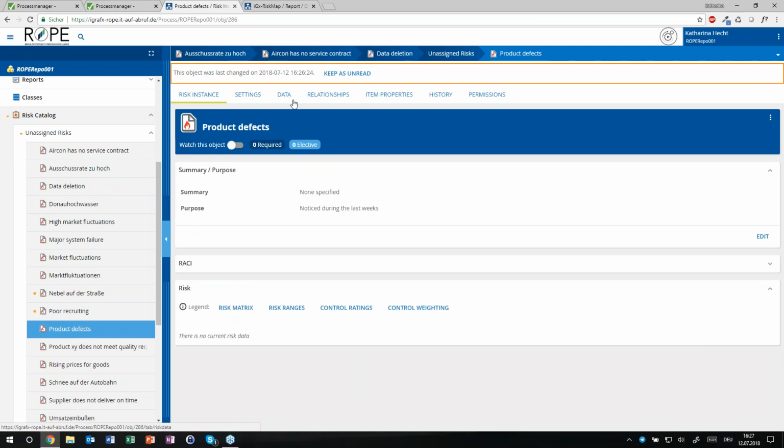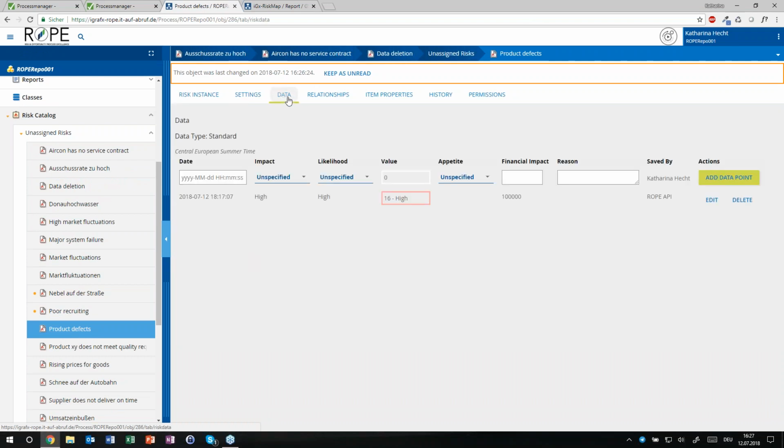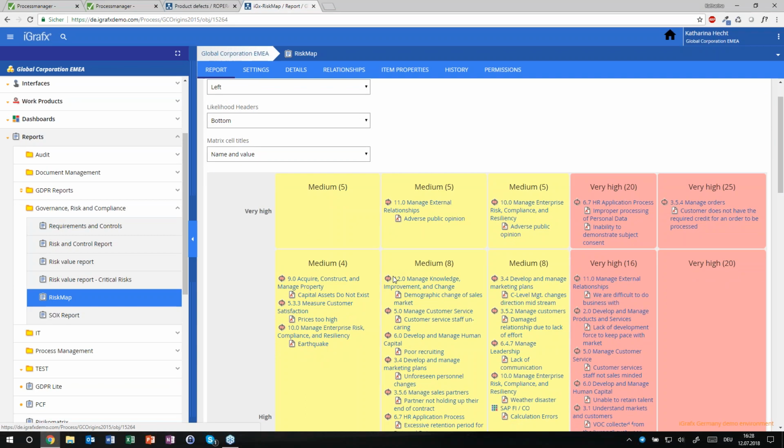I can click on that risk and I can browse to the data tab and directly see the rating that has been given and the time the rating has been given and who is the identifier. So with that, and well, you might imagine we're not doing this only for one risk, but we have a lot of risks here in the background. So you see the risk identification workflow is used quite frequently. So with that and the assignment on the relationships, we are able then to create a risk map.